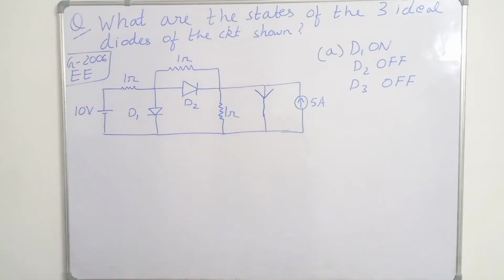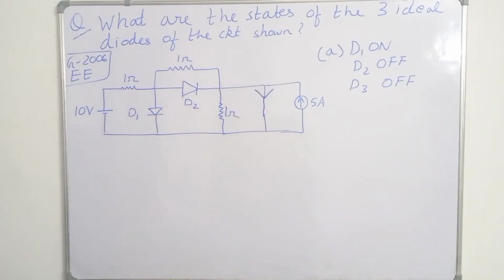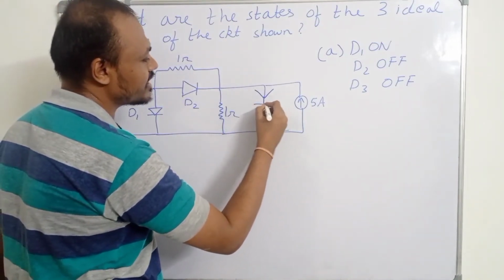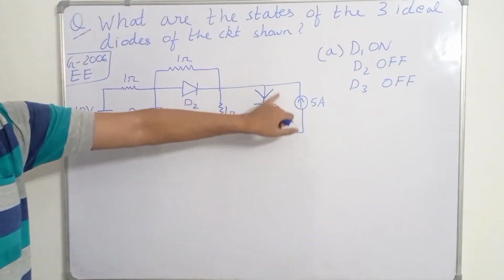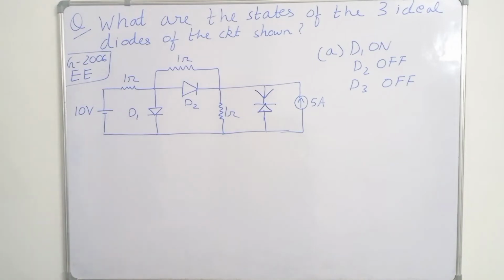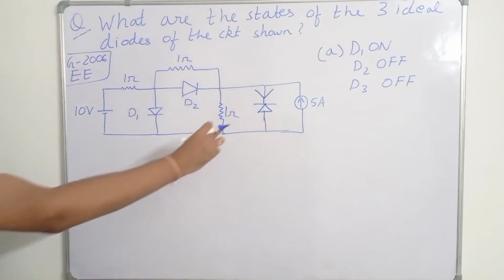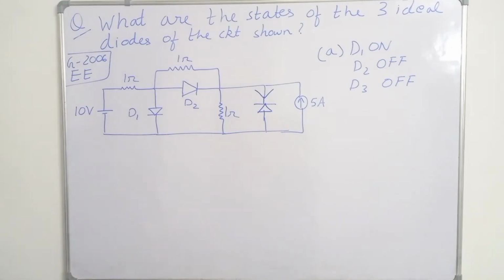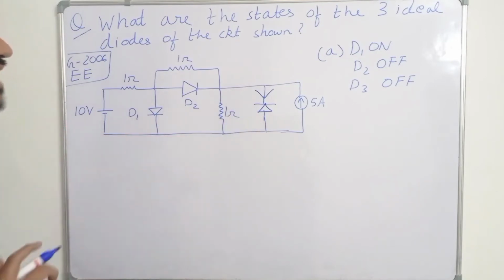Now you can see that the current is flowing from N to P through this short circuit, because the diode was connected like this. If we assume the diode is on and replace it by a short circuit, then the direction of current flow is from N to P. But we know that in a diode, the current can flow only from P to N. Because a diode is a unidirectional device, this assumption is wrong.